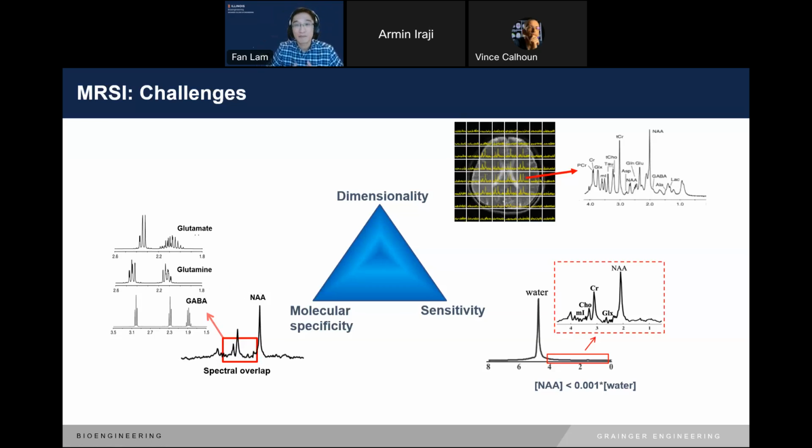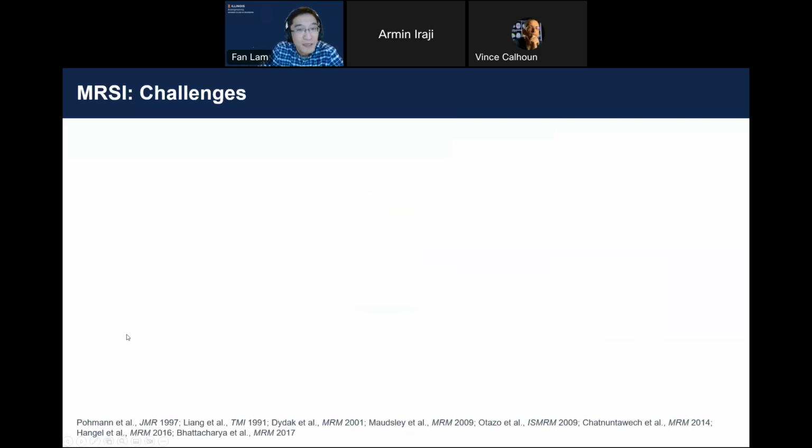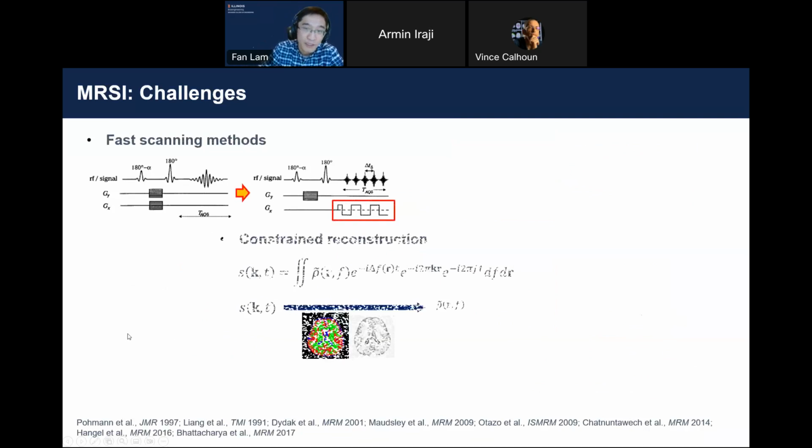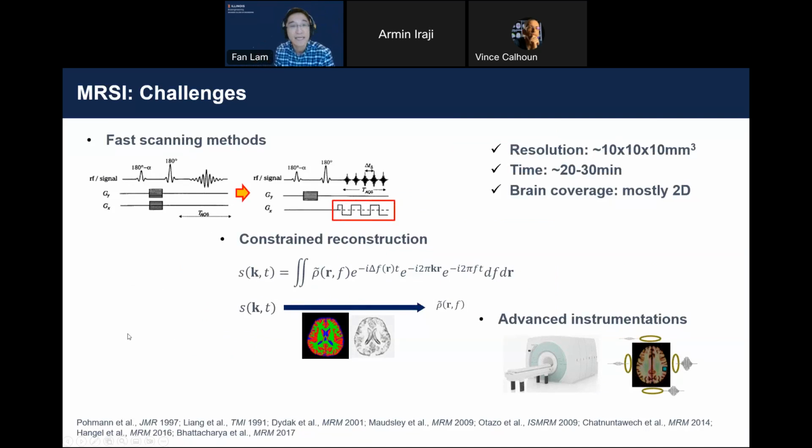But if you're interested in neurotransmitter signals such as glutamate and GABA, which are very important for brain function studies, you can see that the overlapping spectrum really prevents us from accurately separating them and providing more robust quantitative measurement. So to address all these challenges, in the past decades many methods have been proposed to improve MRSI,